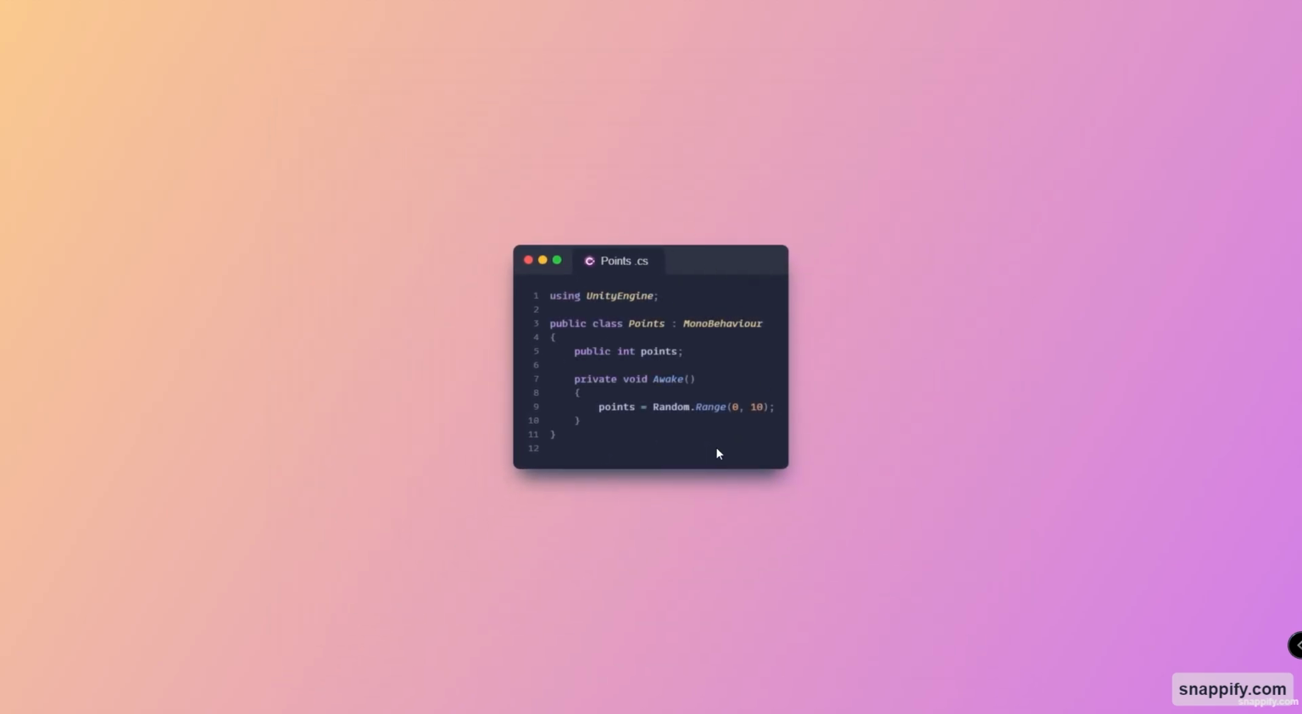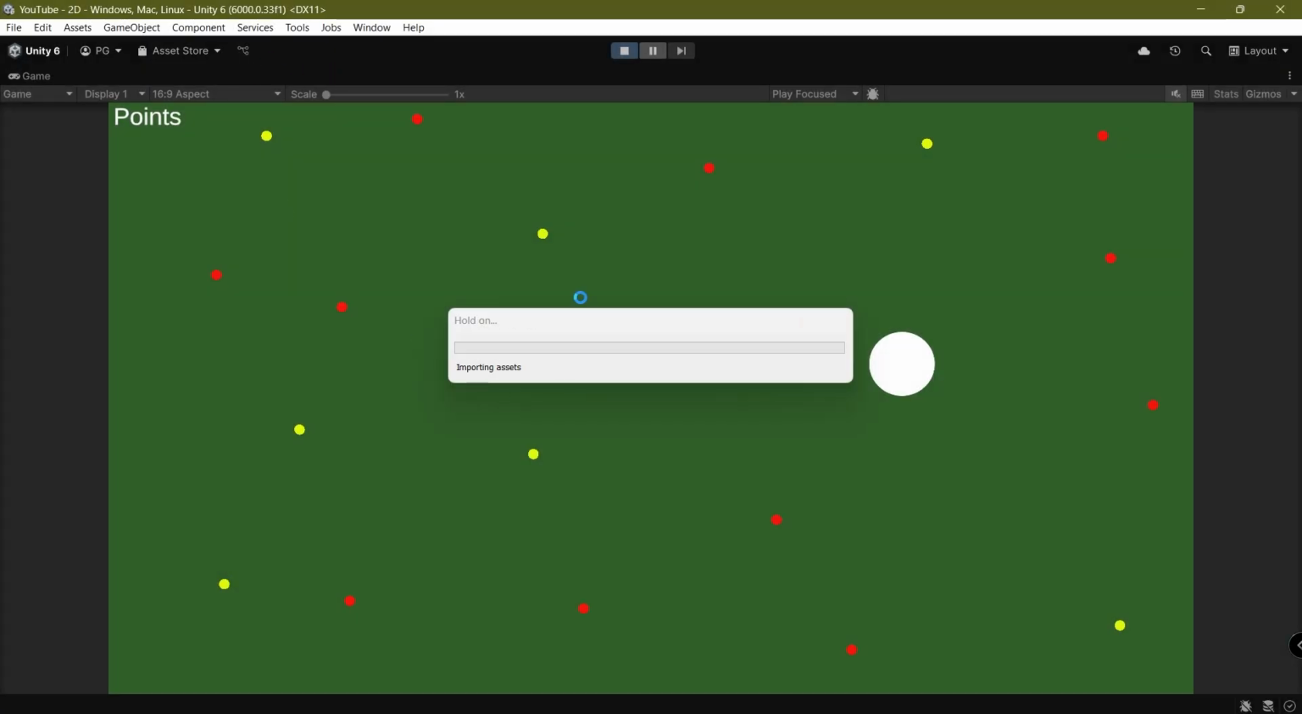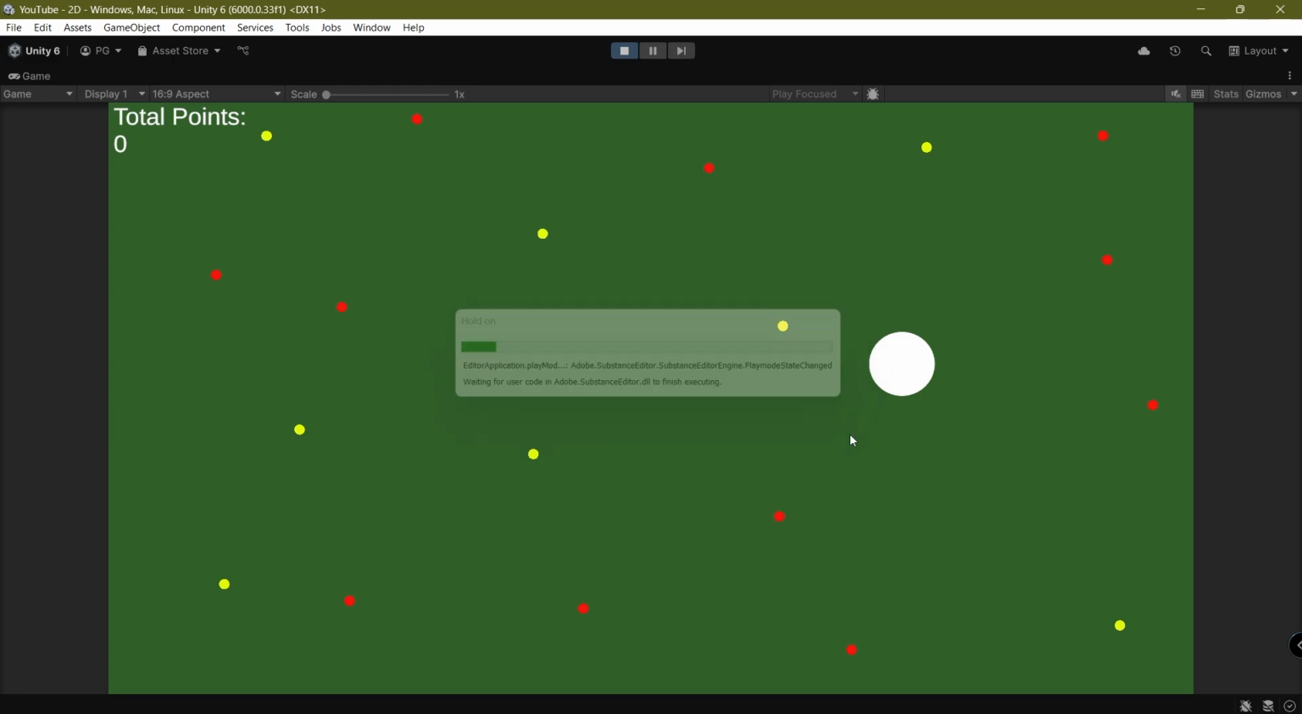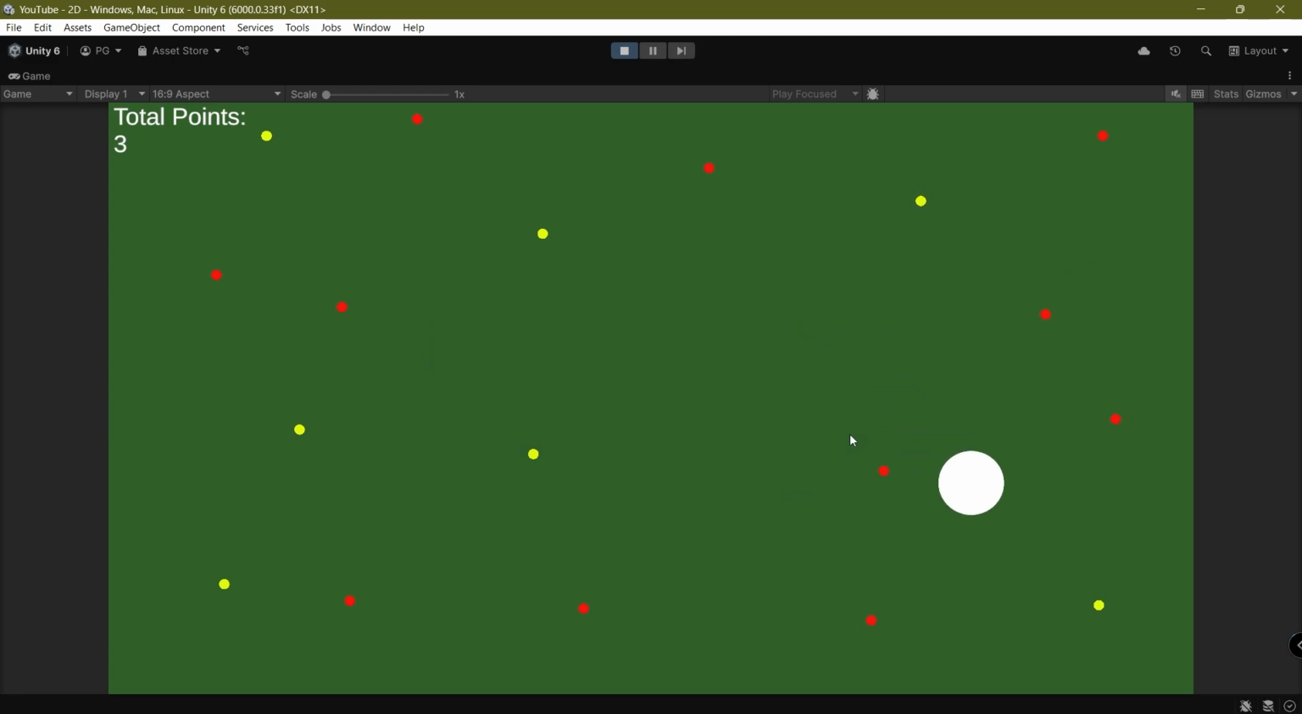And then here is the point script, which is very simple. On void awake, we just assign a random point between 0 to 10. Yeah, so that's about it. So if you follow this tutorial, then you should be able to see that now your character should technically be able to pull in points from further apart, as you can see. And then once they touch you, it gives you some